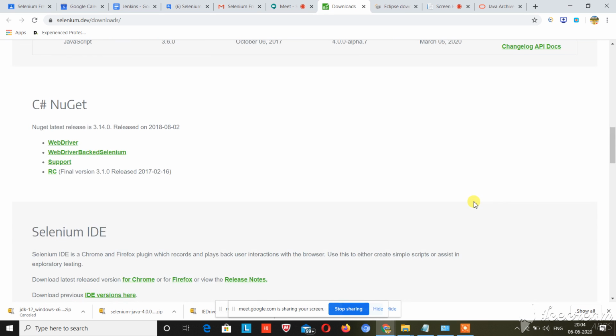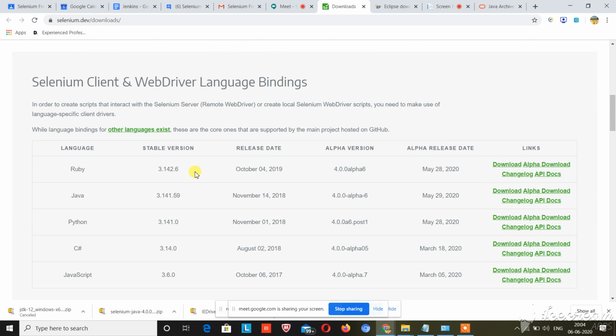So guys, here the latest version of Selenium is 4.0. Selenium 4.0 has introduced some new concepts, so you need to download the latest version of Selenium. Because I have been giving lectures in Java language with Selenium, you need to download Selenium with Java jars.